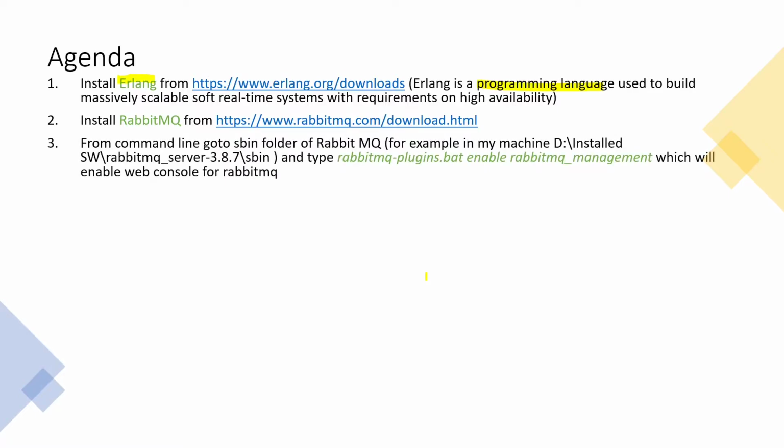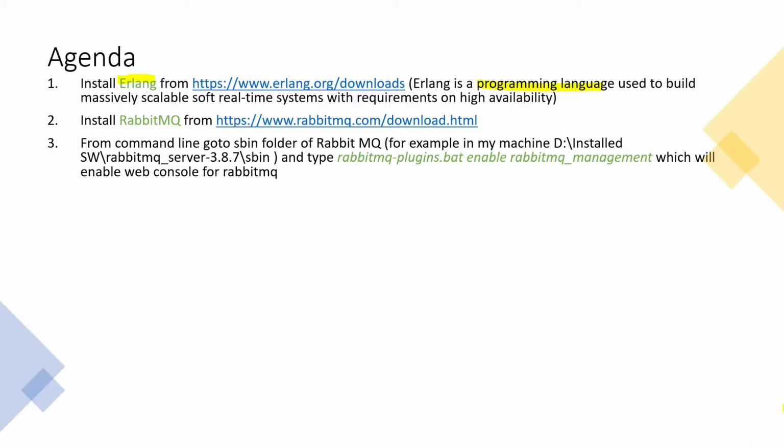Okay, now our RabbitMQ is installed on our machine. To see what all the exchanges and queues are which are running on the RabbitMQ server, we need some console, right? A visual interface like a web page, so that we can monitor everything. When you install RabbitMQ, the RabbitMQ server starts running. You need not start it explicitly. But to enable the web console, you need to follow a few steps. It will not be enabled when you install the RabbitMQ server on your machine.